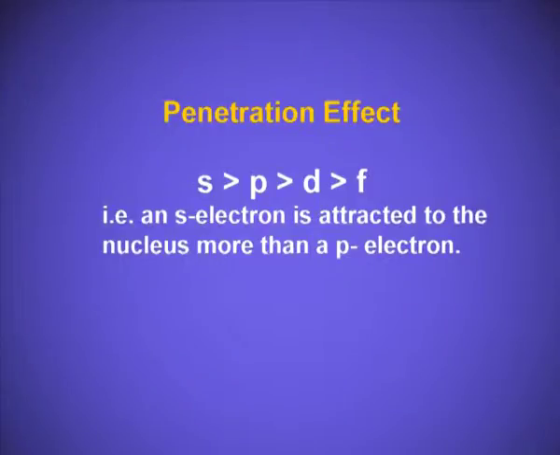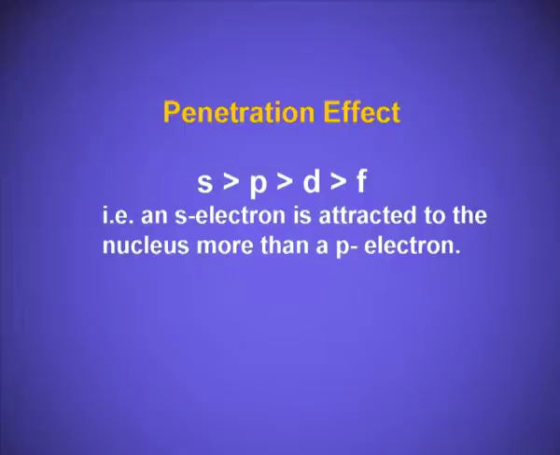Penetration effect. The s orbital has the highest or maximum penetration effect, and then it is in the order s, p, d and f. f has the minimum penetration effect. It means that the nucleus has the strongest effect on the s orbital electrons. So, if we are removing an electron present in the s orbital, we need higher energy as compared to an electron present in a p orbital or a d orbital. It also affects the value of the energy required, that is the ionization enthalpy.